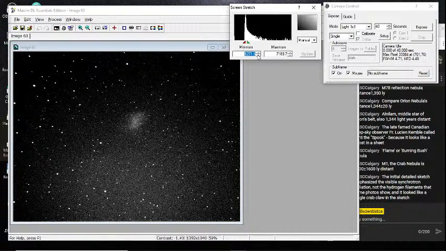So this is about as good as it's going to get. We can do our spinning trick and see if it makes it any better. And we'll do another 40-second exposure, and then we'll call it a night.